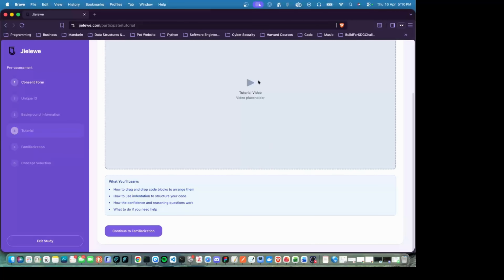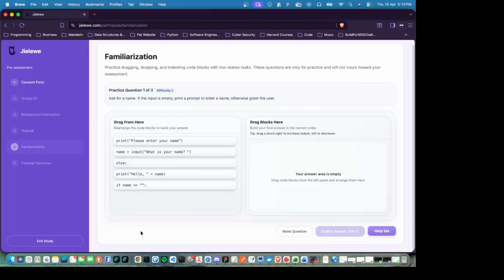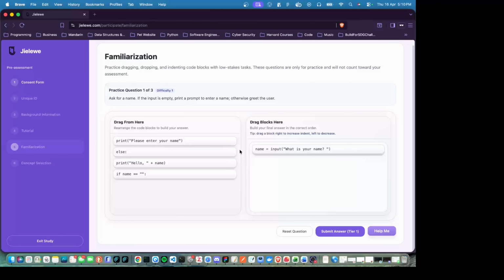Once this is done, you can go to the next part, which is actually what I'm doing right now, the video. I'll have the tutorial here and you can watch this just to understand what is expected. This is a trial assessment, so you will get to move the blocks just to get a feel of what is expected.